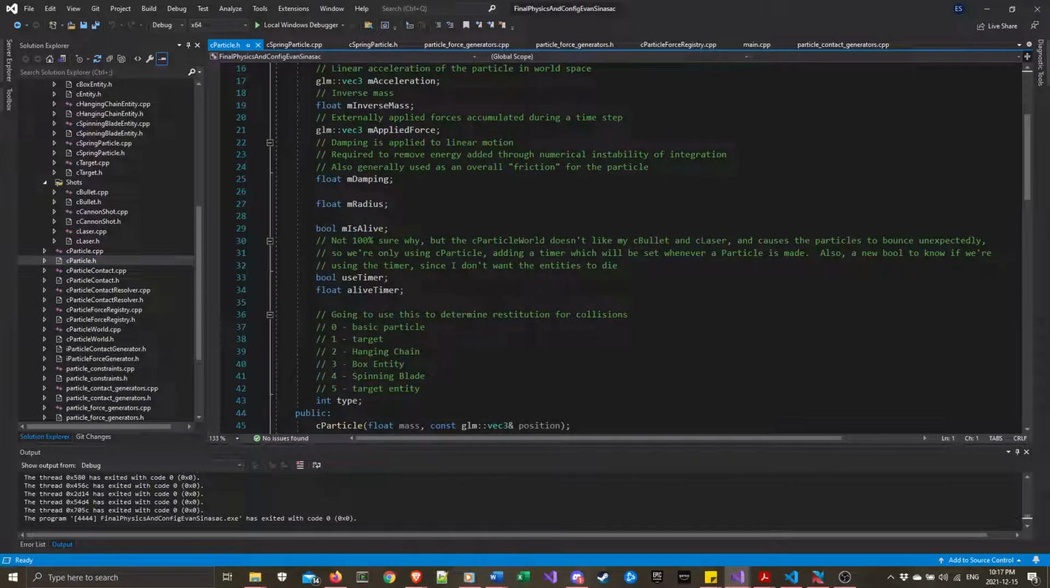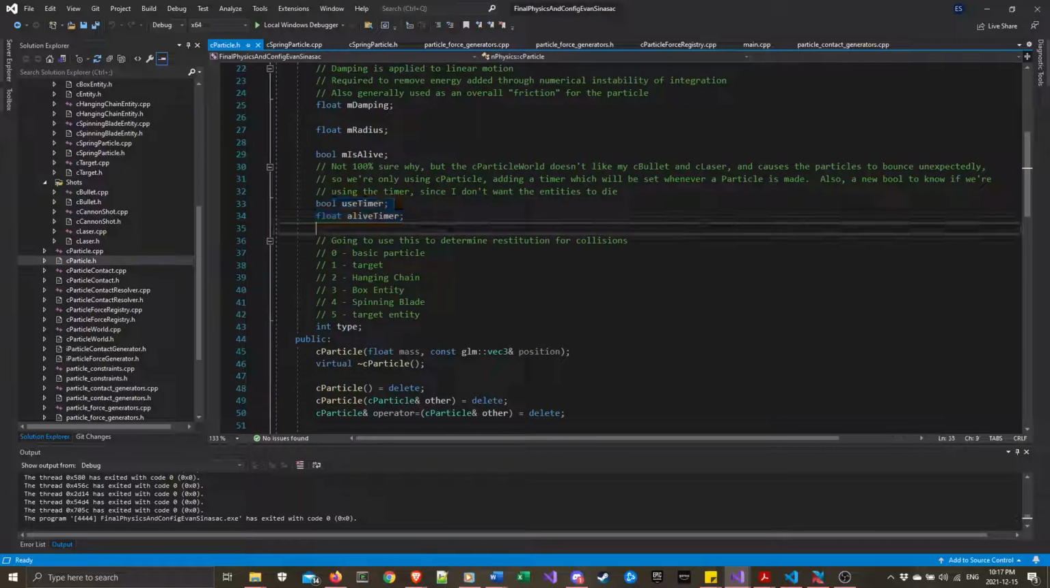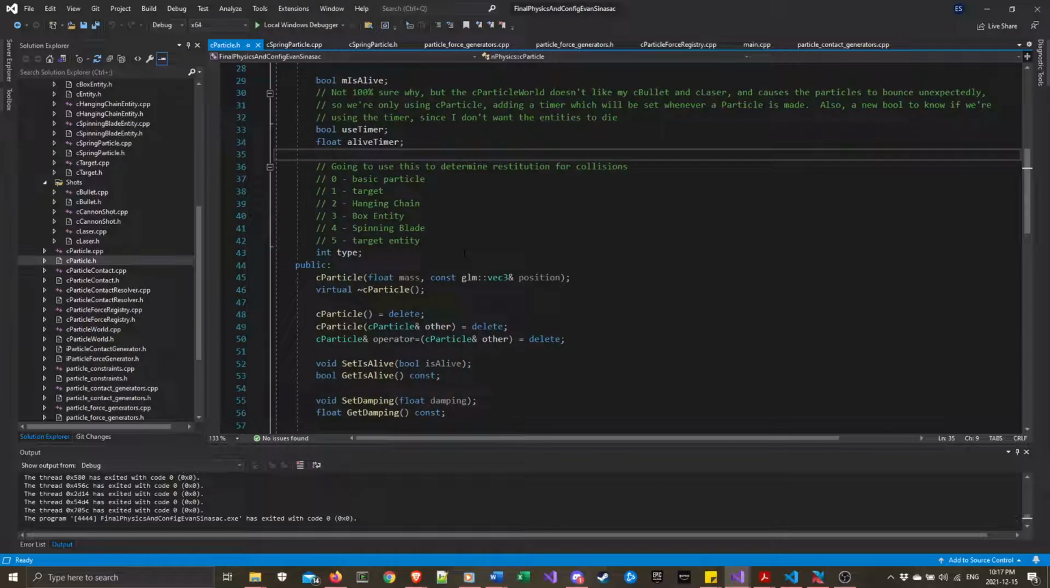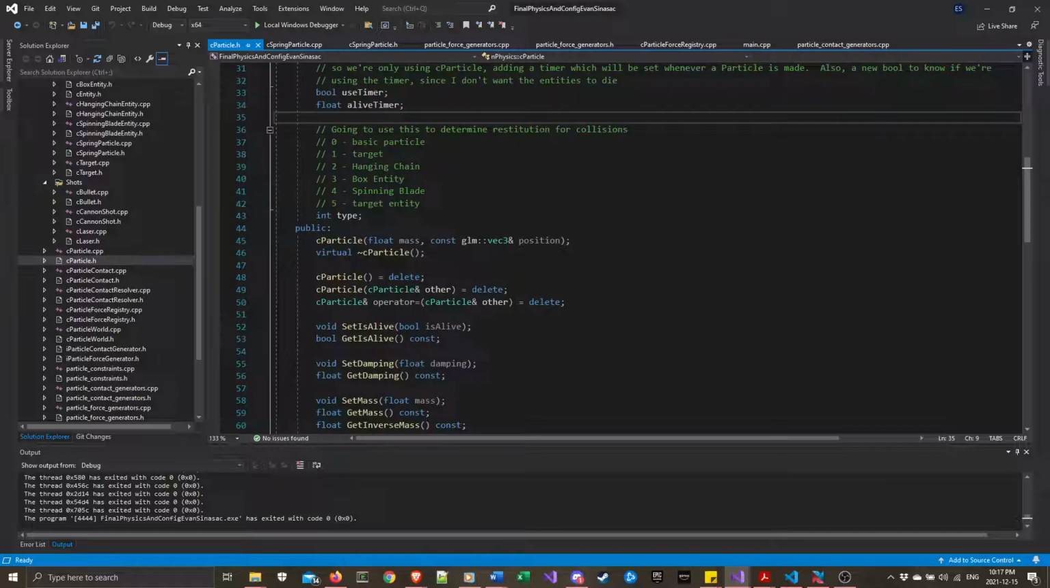Because the particle world doesn't like my bullet and laser, I added timers and a boolean to say whether or not that particular particle is using the timer, as well as an integer type. Could have made it an enum. For some reason this is just always what my brain goes to for this kind of thing. But basically, depending on what type of entity or particle it is, in the